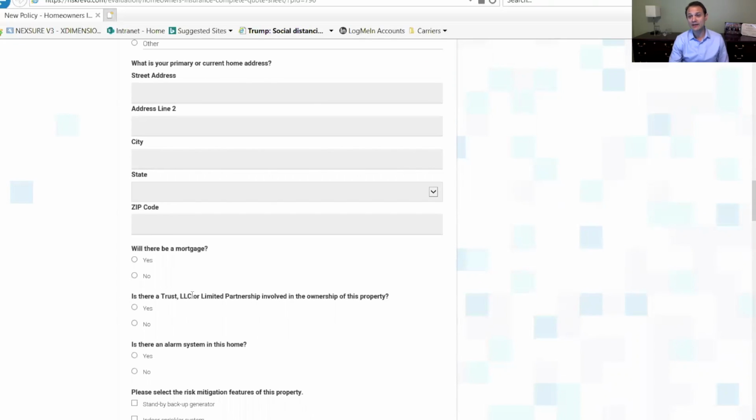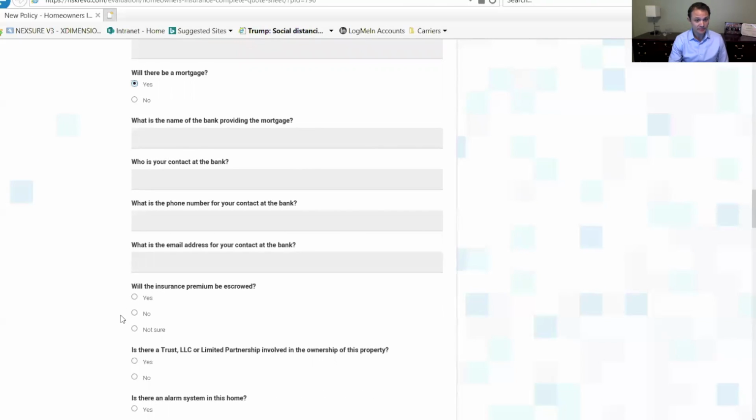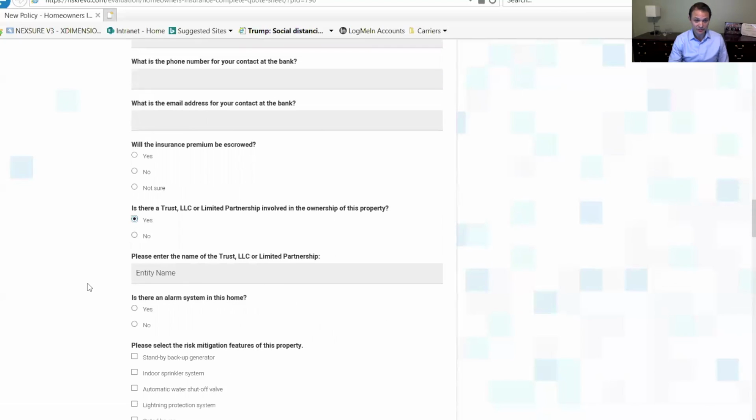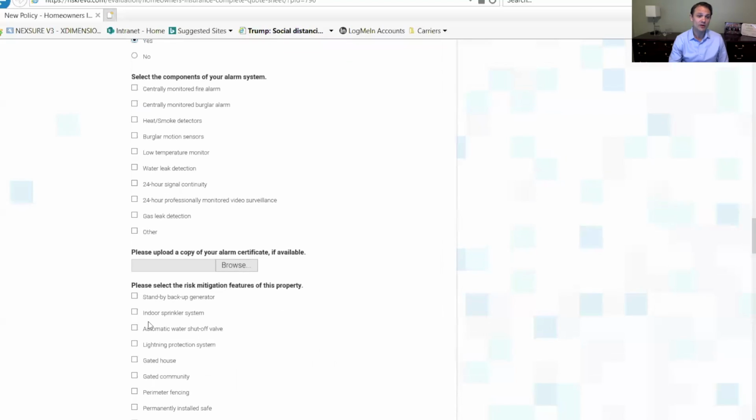As we know, we need that information for insurance bureau scoring. It'll allow them to say if there's going to be a mortgage and who the contact for the mortgage is going to be, if they're going to escrow the premium, if there's going to be a trust or LLC, what the name of the trust is, if there's an alarm system, what the components of the alarm system are, and